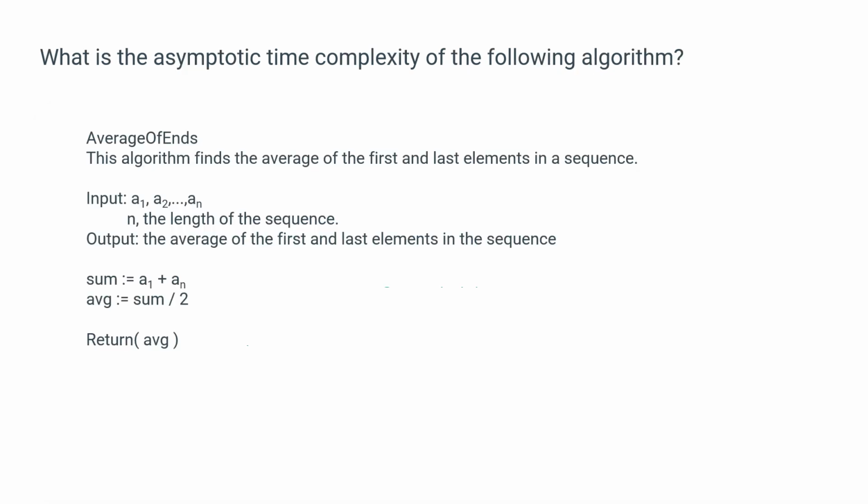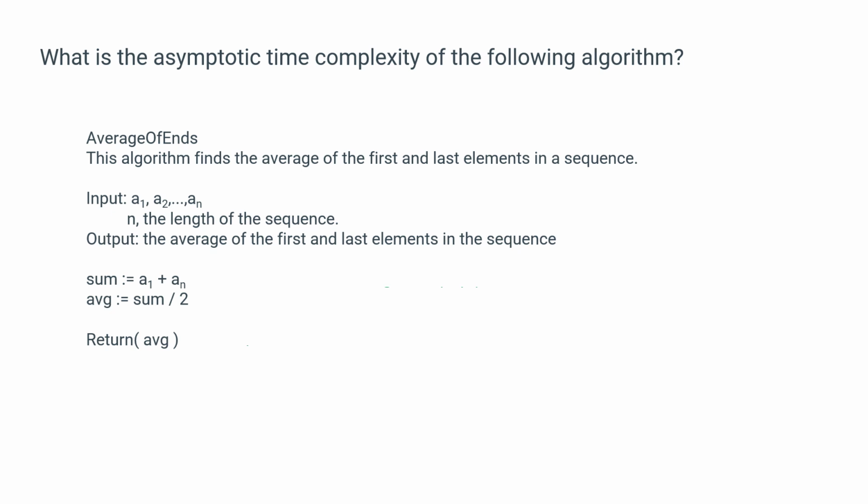Let's take a look at this one. With this algorithm, let's see if we can add up the atomic operations and then come up with the asymptotic time complexity by finding the asymptotic growth of that time complexity function. Okay, so average of n's. We're going to be putting in again a sequence of numbers, and we're going to output the average of the first and the last elements in the sequence, not the lowest and the highest. It's not going to even try to order them. It's just going to take the first number that was put in and the last number that was put in,